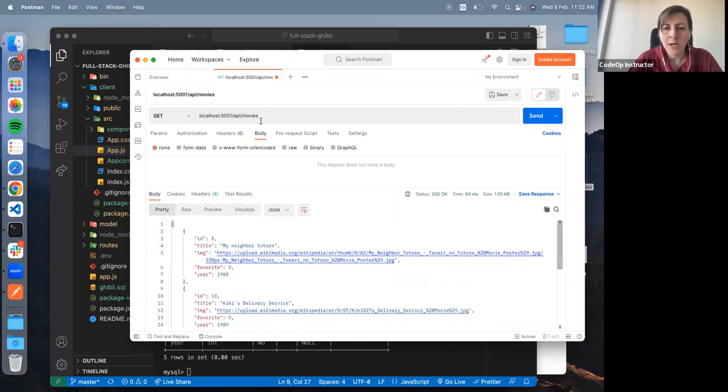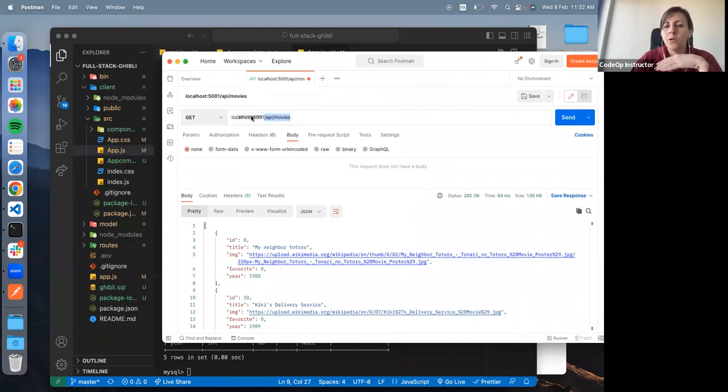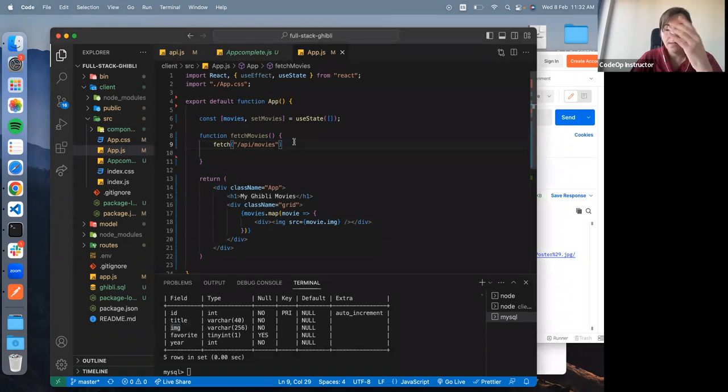Okay, yeah, so I have them here. This is the part that I'm going to put on my fetch, the API/movies, the one that comes after the port. The first part, the localhost 5001, I don't need to specify because I set it somewhere else. And where do I set this? On the client folder, in package.json,